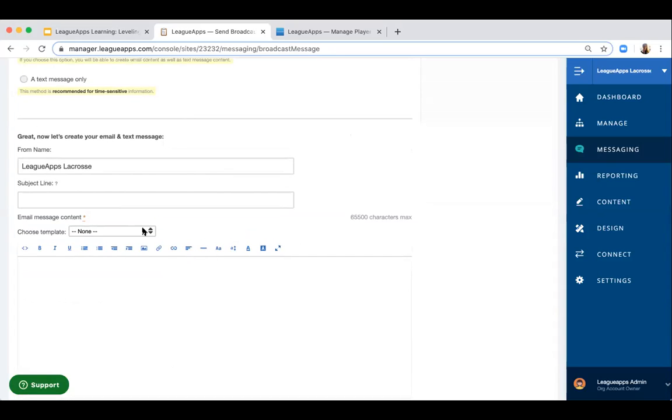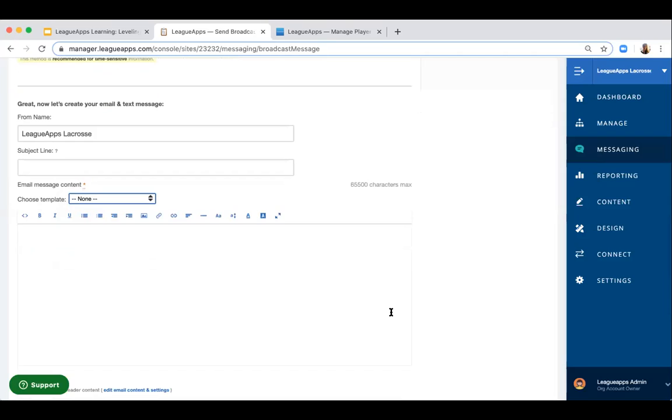One really neat feature is our email template tool. So right here, you can build templates within your account. We have right here a marketing template, a registration opening template. So if you want to promote that, like, hey, registration open for summer camp today, start registering, or a cancellation of a program or something like that. Any recurring communications that you want to send, that you want to brand and design a little bit, we recommend making a template, so then you can apply it to this message, tweak the details that you need, and you can send it out. So this is the email capability.